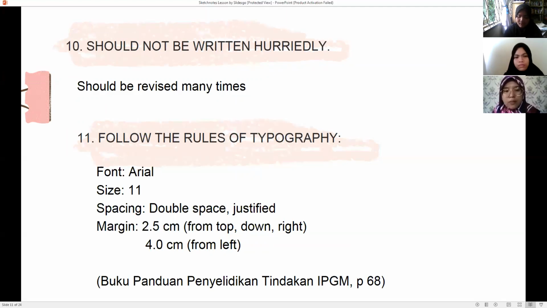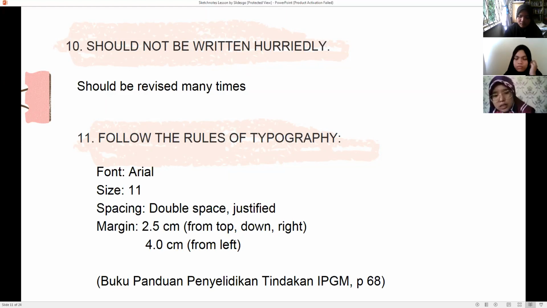The 11th point, which is one of the most important things, is we need to follow the rules of typography. In terms of our writing, the font we should use is Arial size 11, spacing double space, and we need to justify the margin 2.5 cm on top, bottom, and right, and 4.0 cm from the left.